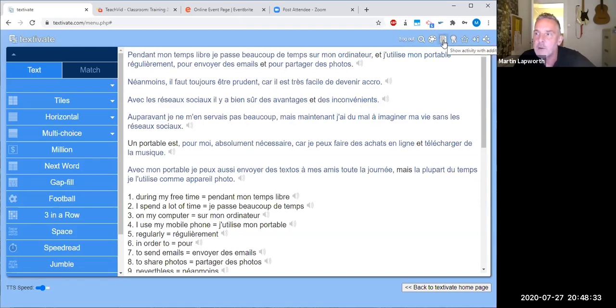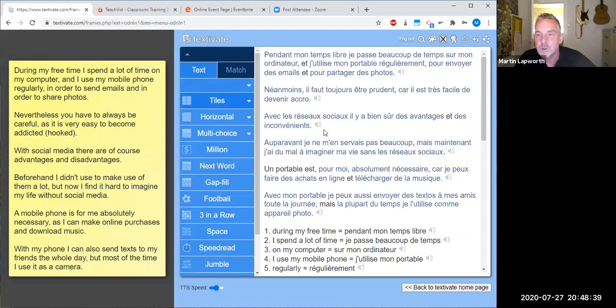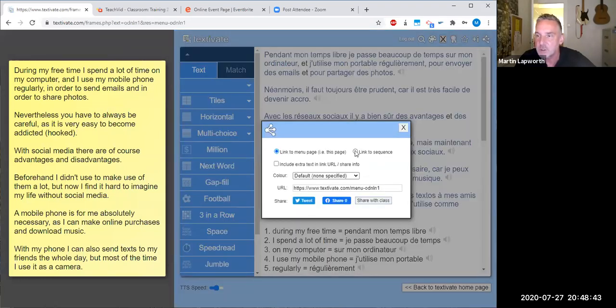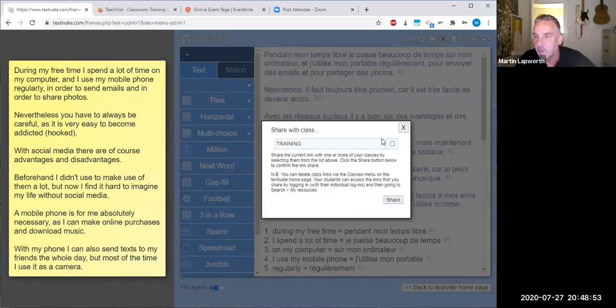Okay, so here we have a screen with parallel text. On the menu screen and any of the activity screens, you can click on the parallel text to open it. Once you've got it open with the parallel text visible, you'll also see the option to link to sequence, but also to include the parallel text. So if I now create a link to that predefined sequence for my class, add it to my class and click on share,